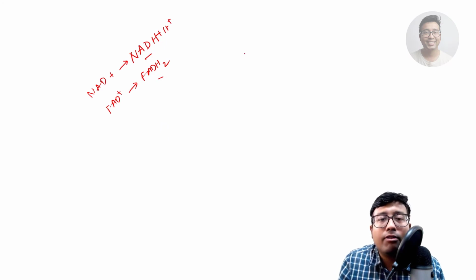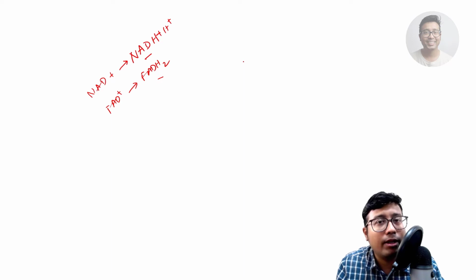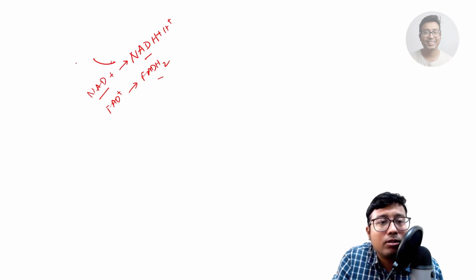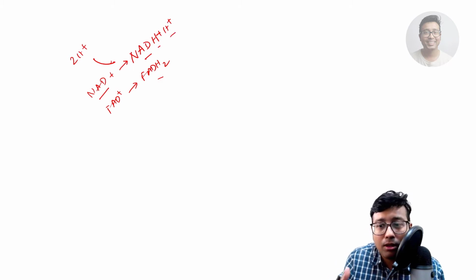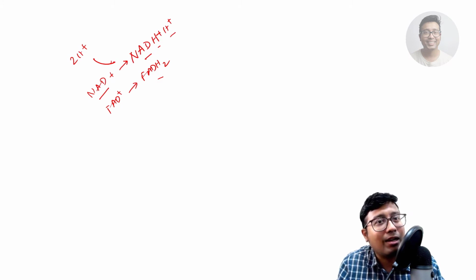Whenever these dehydrogenase enzymes are acting, they actually extract hydrogen from the substrate. You can see over here NAD plus, so 2 hydrogen definitely will be coming from somewhere to convert it to NADH plus H plus. When I was reading in class 4, 5, 6, I remember I heard the term NADH2. That is not right. It is NADH plus H plus, and 2 hydrogen, the same as FAD plus being converted to